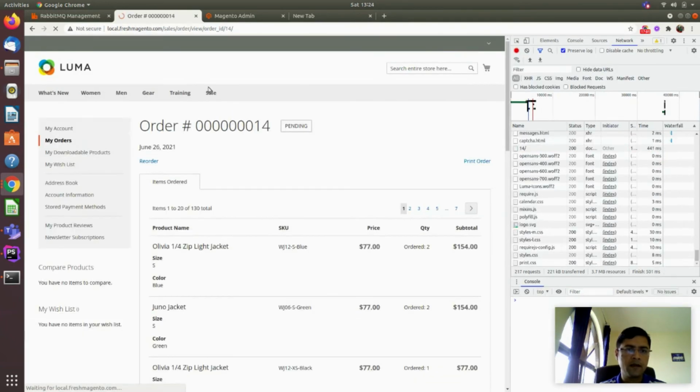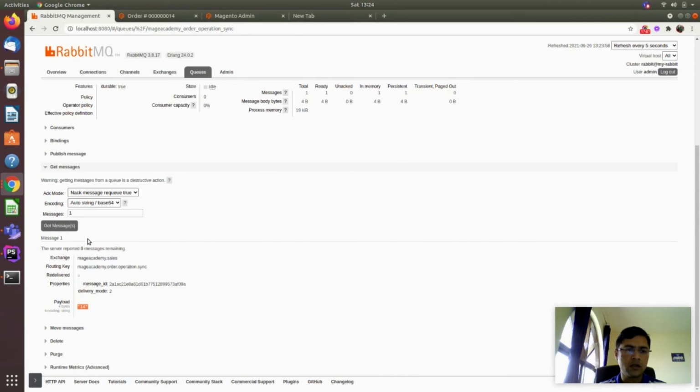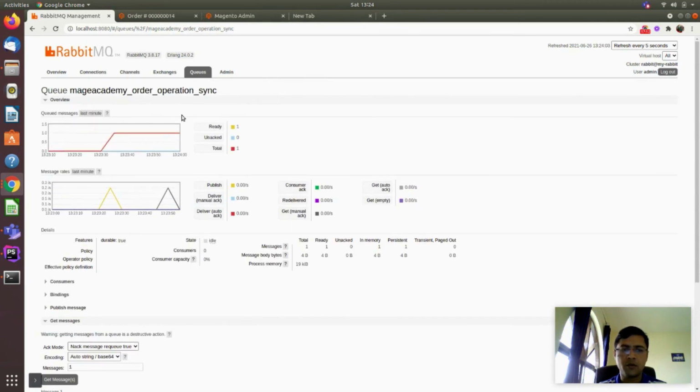So this is our message, but it is not processed yet. Why? Because it is idle, and we are not running the consumer. So we have to start our Magento consumer to consume this queue and process it.